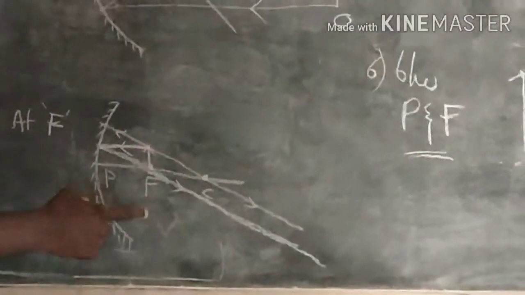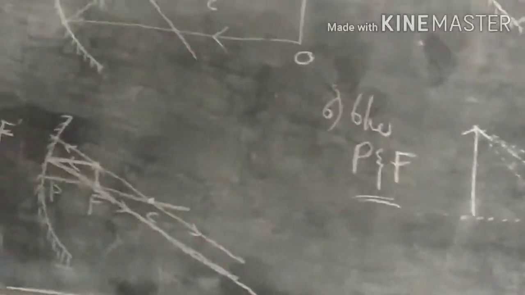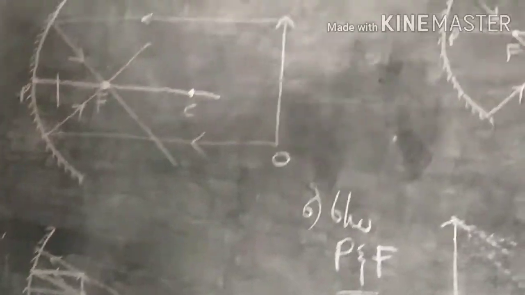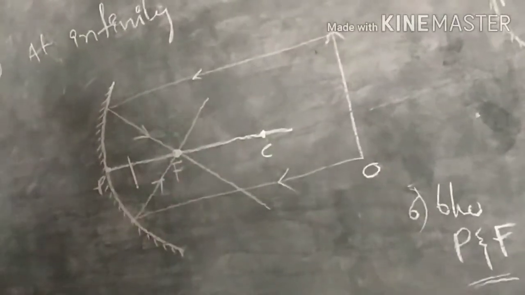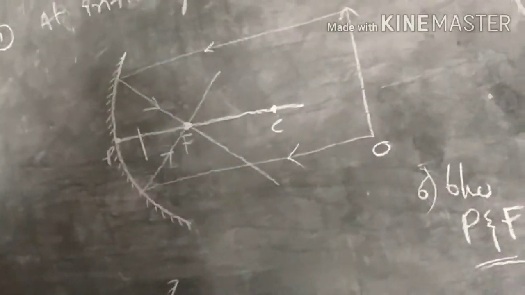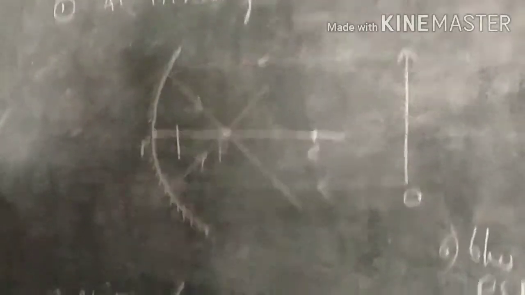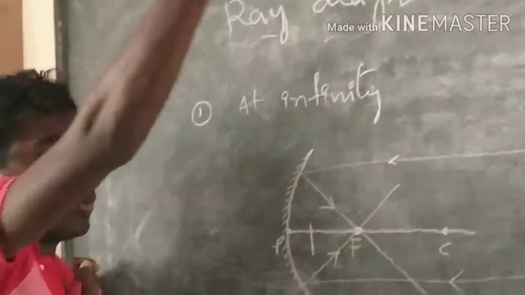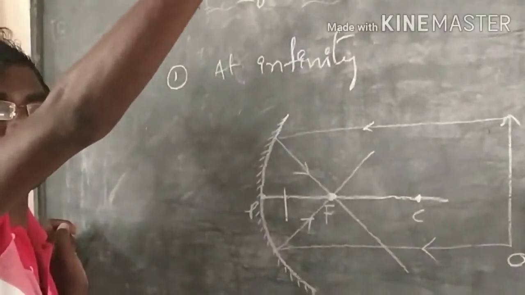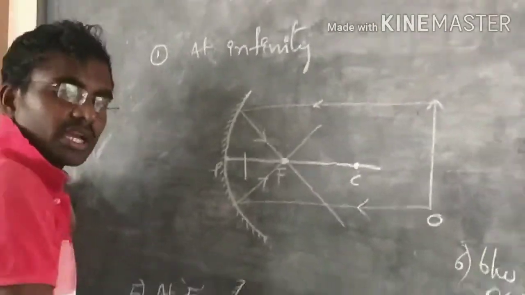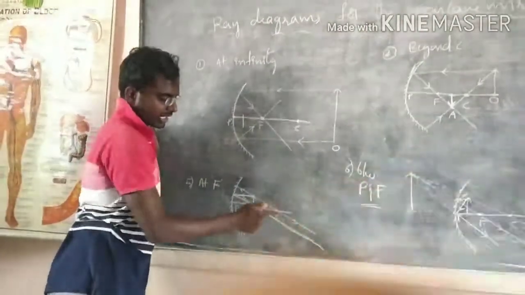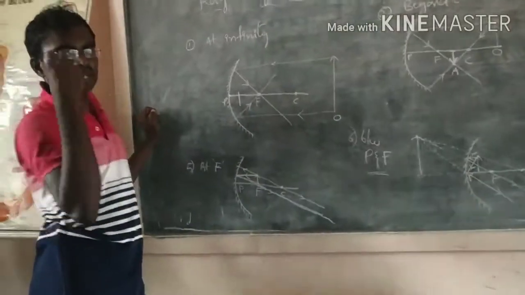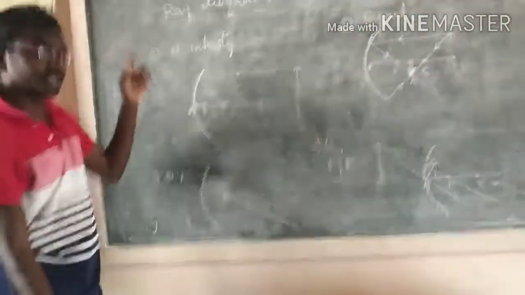This is the opposite of the first case. In the first case, when we keep the object at infinite distance, you get the image at the focus, point size. Then if you keep the object at the focus, you will get a very enlarged image at infinite distance. Because of that, we cannot show it on this board. We will not show the image formation on this board, we just have to draw the lines, because the image is formed at infinite distance.